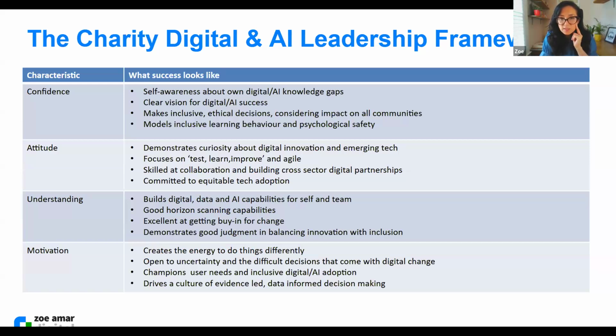Charles says we have a charity package with 365, not including Copilot. Okay, great. Yes, so you're getting more of the tools, and you're looking at how you can use them further. And this is a really great point, because I think there's something about how we make sure, in terms of scaling our use of these technologies, even if we're small organizations, that the knowledge and the usage doesn't just sit with a couple of people. It's actually being diffused and democratized across the team, and also across volunteers as well. That takes a bit of planning, especially if we loop back to the excellent point we had earlier from Christina about making sure that people don't get overwhelmed by the change.